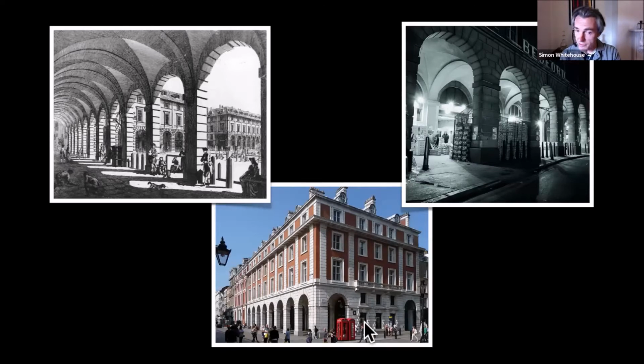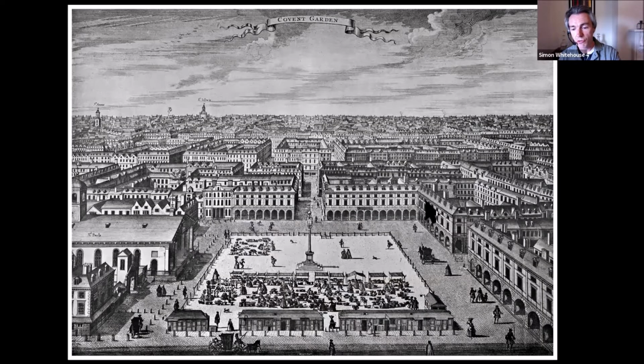Now, none of the 17th century buildings survive, but that's an early 20th century reimagining, and you can still see the echoes of the colonnades. So this was important architecturally. And there's a nice view of the piazza with the three blocks of houses, the church on